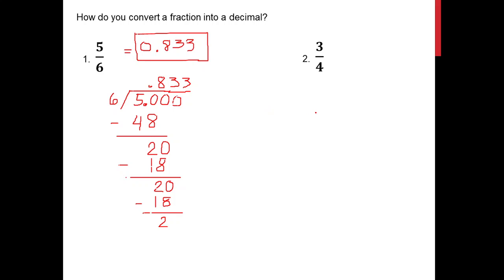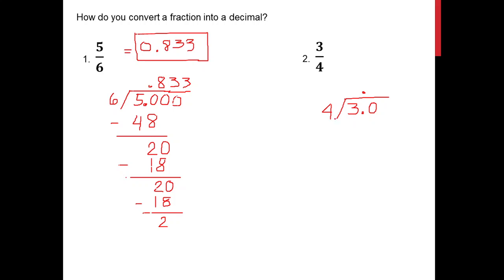Now let's try to solve another example. How do we convert 3/4 into decimal? So again, let's divide the numerator by its denominator. So we have here 3 will be the dividend and then 4 as the divisor. So 3 divided by 4 cannot be, so we need to add 0 and a decimal point. Let's move this decimal point up here on the quotient side.